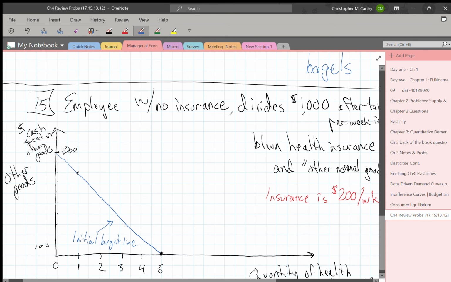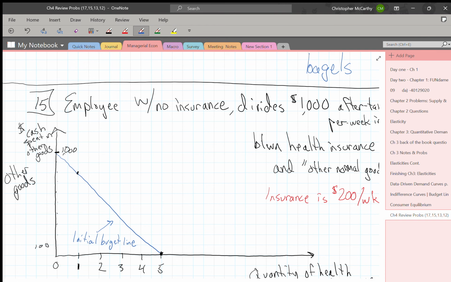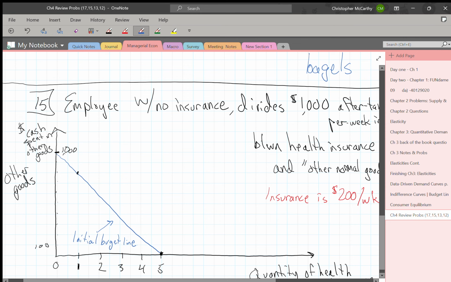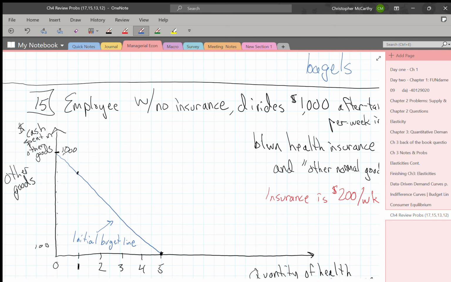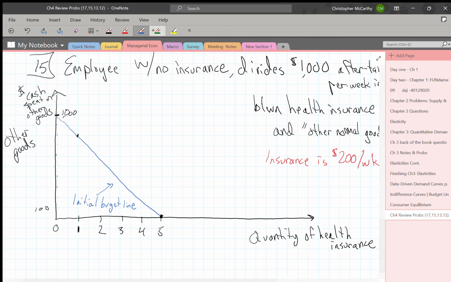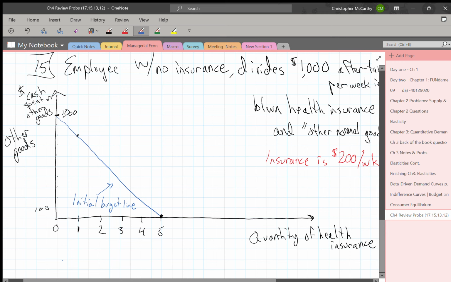So then we're told, how would the opportunity set change? So how would this budget line change if the employer agreed to give the employee $200 worth of health insurance per week? Under the current laws, it's non-taxable. So we're asked, would they be better off if they had given her that, or if they had just given her $200 per week that was taxable at a rate of 25%? So let's go write that down. So would the employee